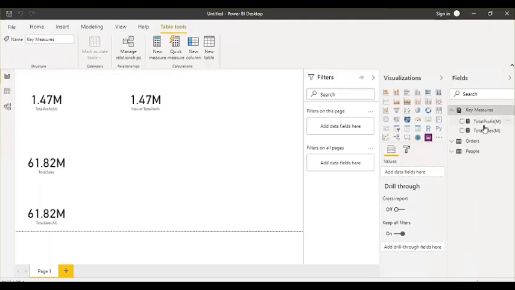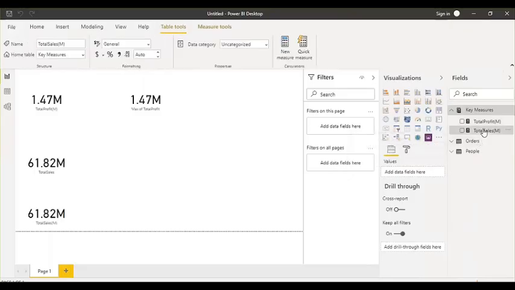See, when you create measures, let's say I created one measure in the orders table, it doesn't mean it will have the data of one table only. One measure can have the columns of multiple tables also, right? So these are independent from the tables. In any table you can store them, you can hold them.